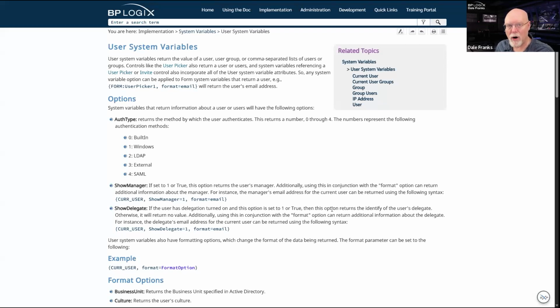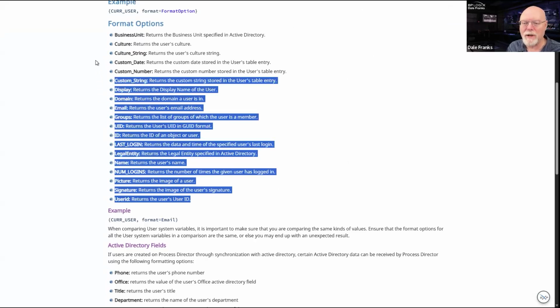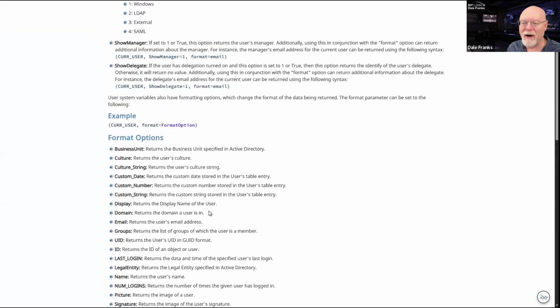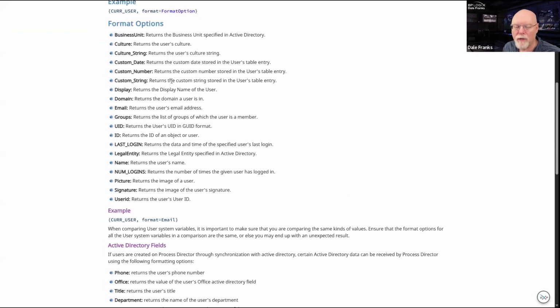Users have their own unique system variable formatters that you need to be aware of. And these are the format options right here. Now, all of these, with the exception of one, show manager, are derived from the system itself.